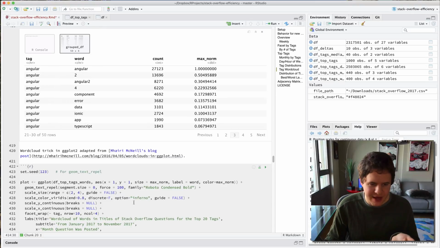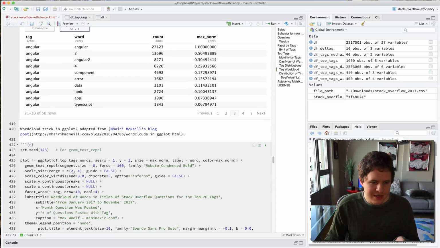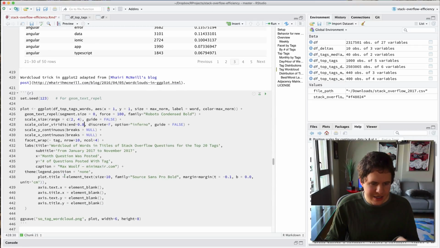Now here's a word cloud trick. That's not mine. I found it from Mahari McNeil, and it's a very clever trick. The trick is to use geom_text_repel to just put all the words in the same spot and then let them fight it out. I set the size and color to max norm, so more usage will appear bigger and in a different color. Scaled size, just to maintain readability. I use Viridis. I ended at 0.8 because the higher ends are bright yellow, and that's very hard to read. And then I do the same faceting. I remove the axes, and putting it all together, I get